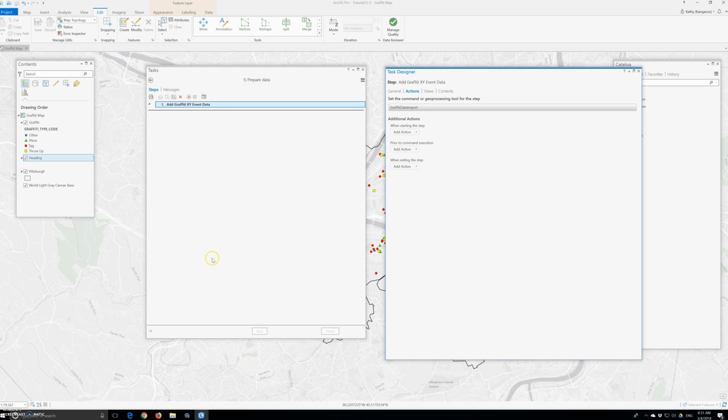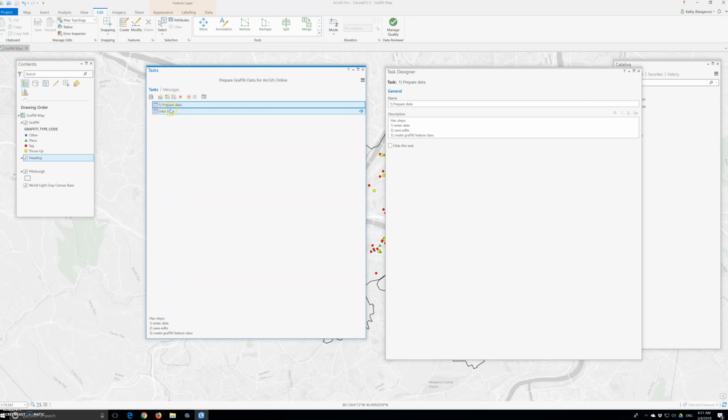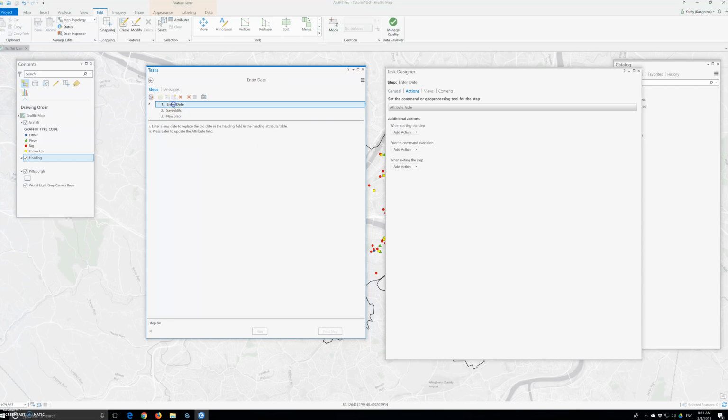Now we will repeat the steps for the prepared data task, and we will go back. So we will repeat the steps for the prepared data task, repeating the entering date and save edit steps. Repeat all the steps for the prepare data task. Okay, right here, repeating the entering data, save edits steps, and running new